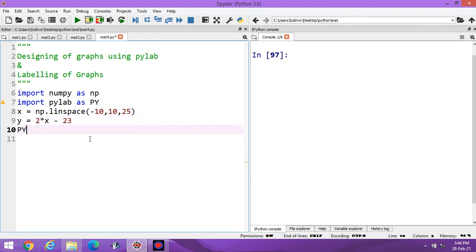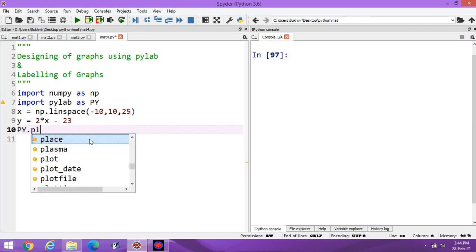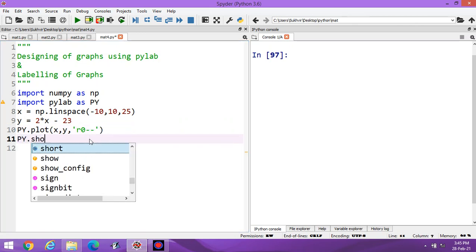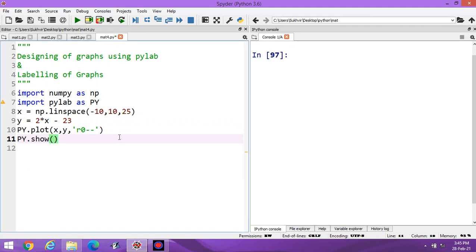Then py dot plot x comma y. Let the color be red. Then py dot show. Then execute the content.